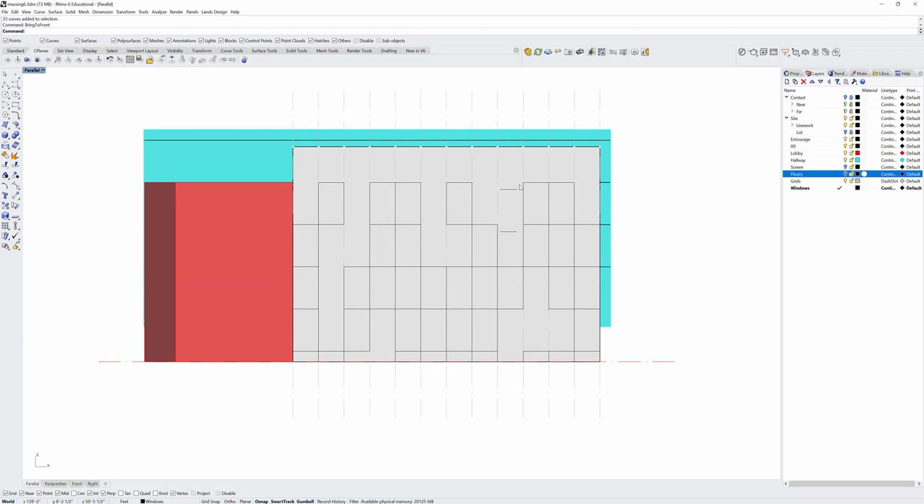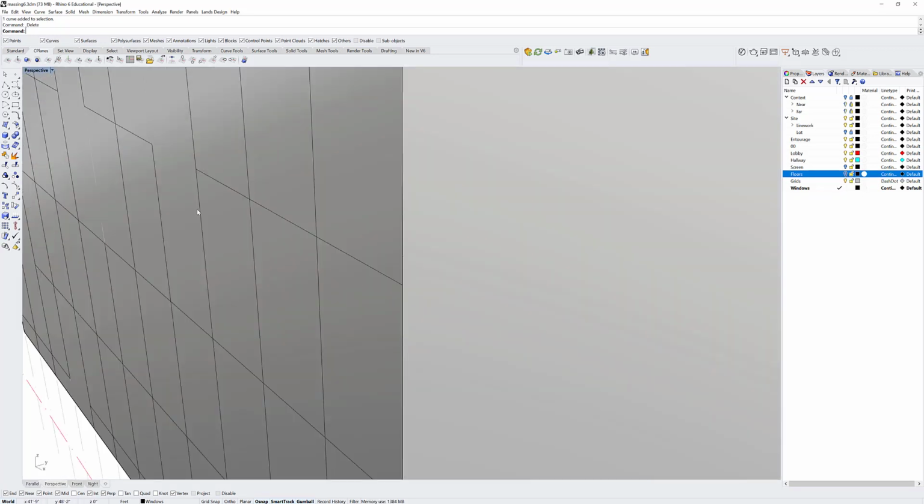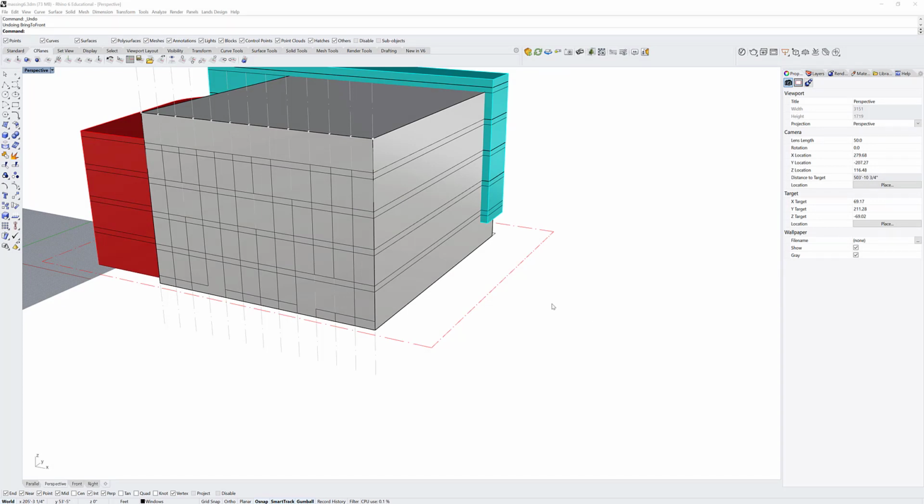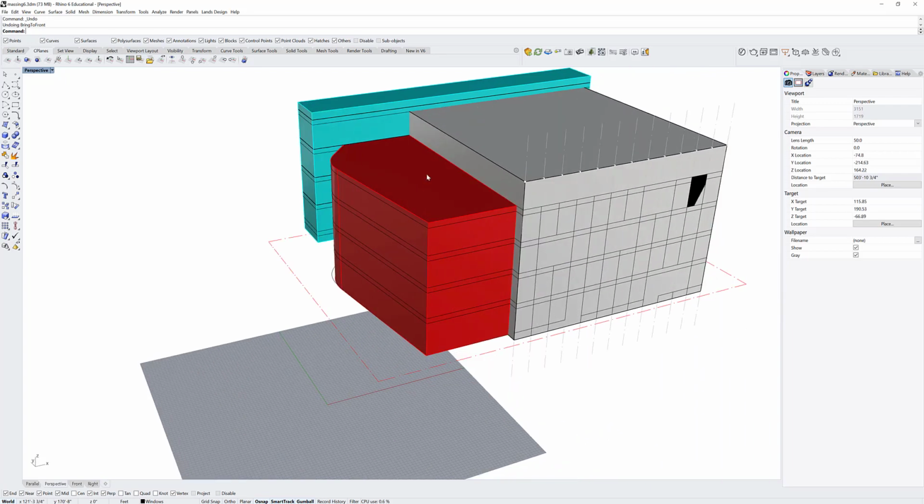And if I turn my floors off, for example, this is the window pattern that I created on my elevation. You can see in a parallel mode here, perspective mode, that was just one version. In the diagramming tutorial, which is going to follow this, I'm going to show you how to change the materiality of this just for diagrams so that we can bring it into Revit and we know what is what. Just show you a couple different methods, but the last part of this tutorial I want to show